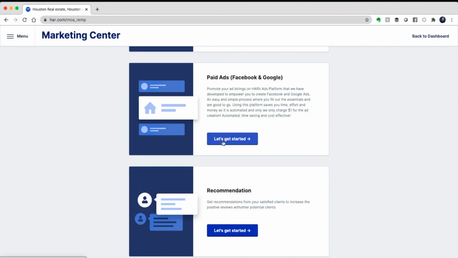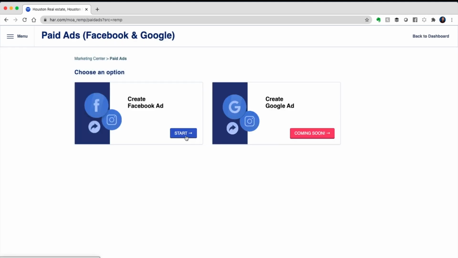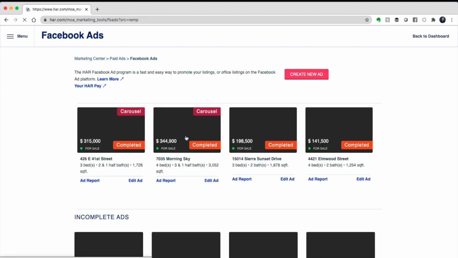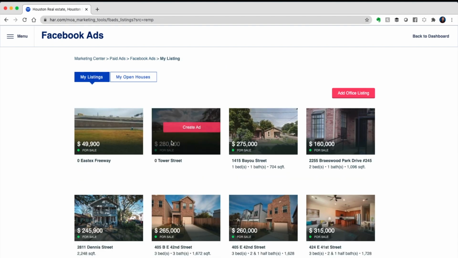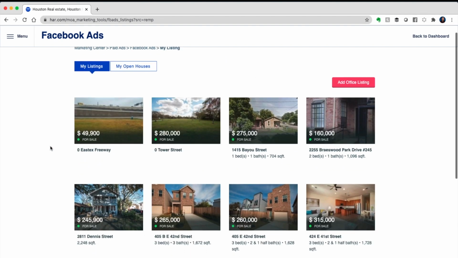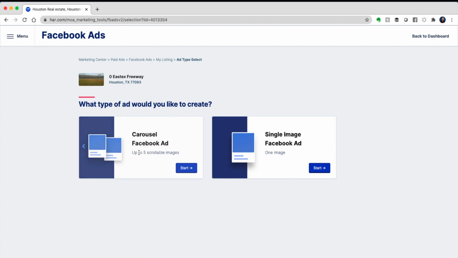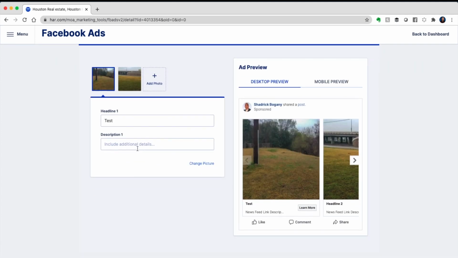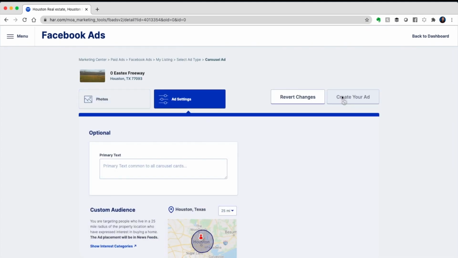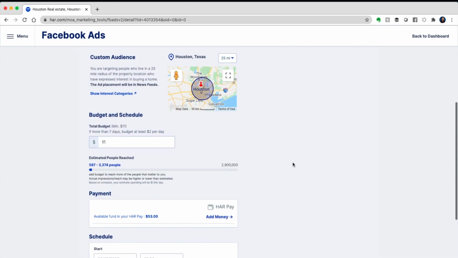Paid ads, we have separate tutorial videos for paid ads. But just so that we can see, we do have where we can create a Facebook ad and coming soon a Google ad. If I click Start, I can create a new ad for my listing or for any listing within my office. I'll click Create Ad, and I can create a carousel ad with up to 5 images or an ad with a single image. I will add photos, add a headline and a description, and then hit Continue to determine my budget and schedule